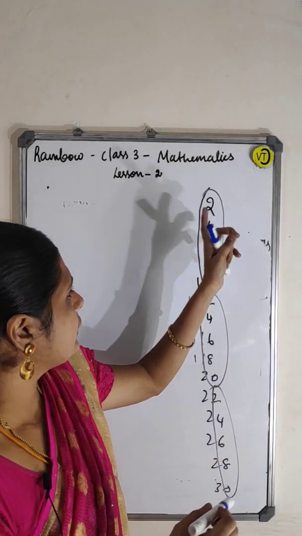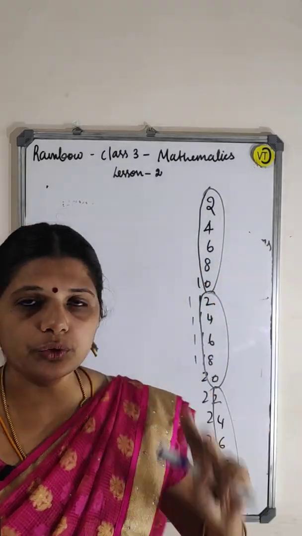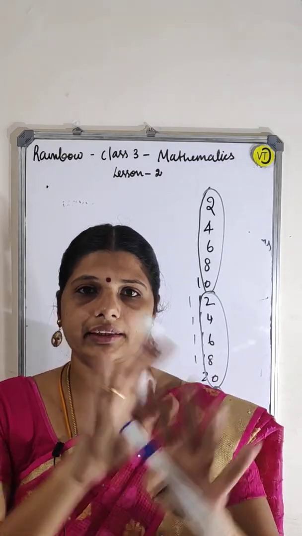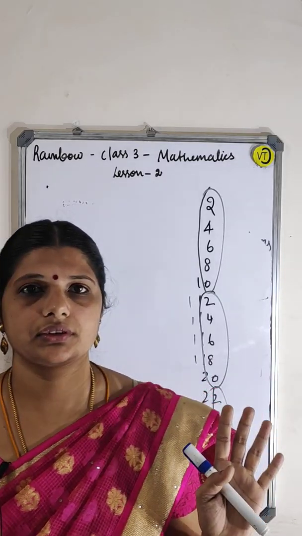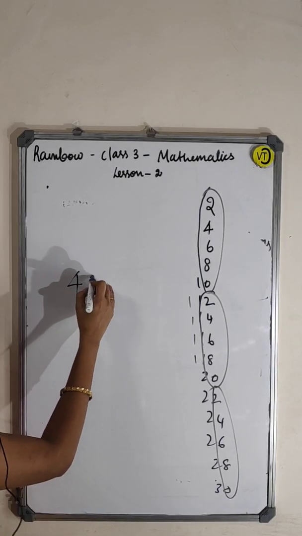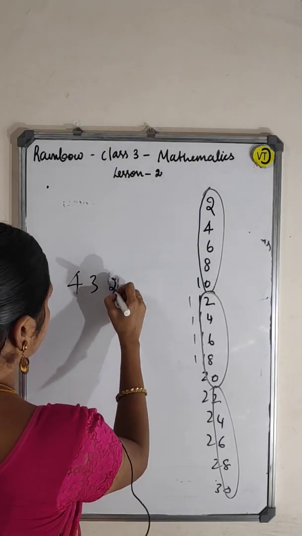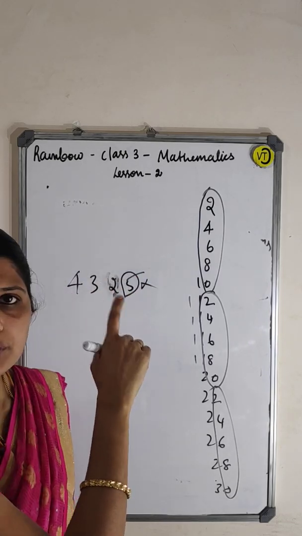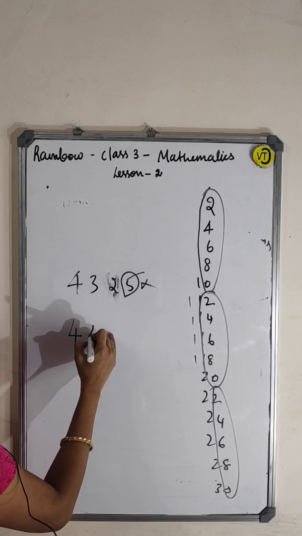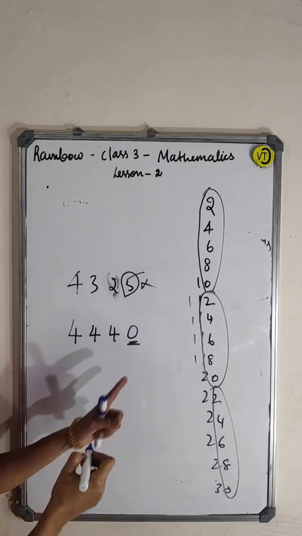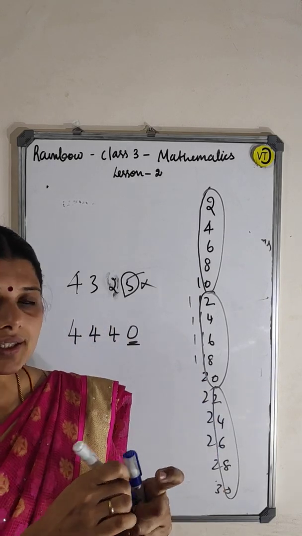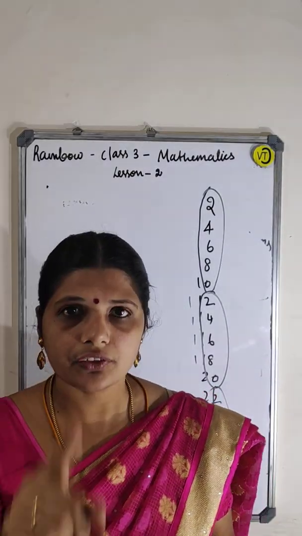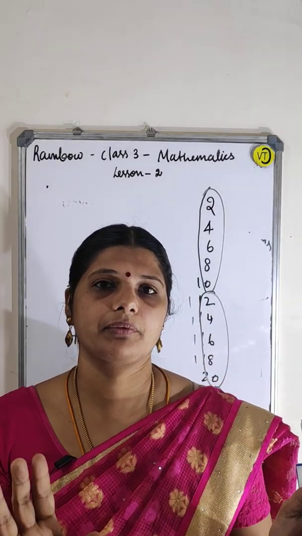Here the last digit, if it is 2, 4, 6, 8 or 0, then the number is an even number. See here, 4325. No, it is not even because of the last digit. It is not 2, 4, 6, 8, 0. Again one more, 4 this one. Yes, the last digit is 0, because the last digit contains 0, 2, 4, 6, 8. That's it. If you find those in the last digit, then it is an even number. Otherwise, it is not an even number.